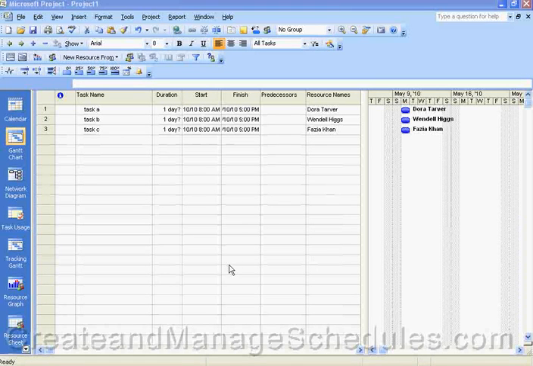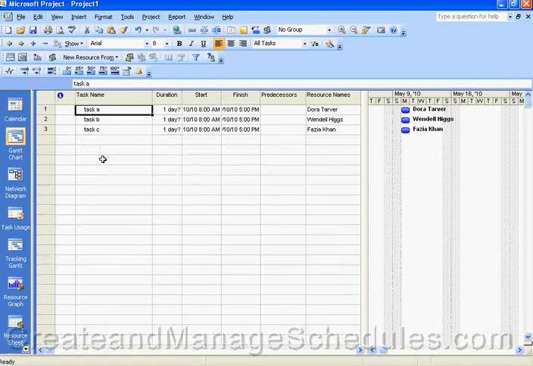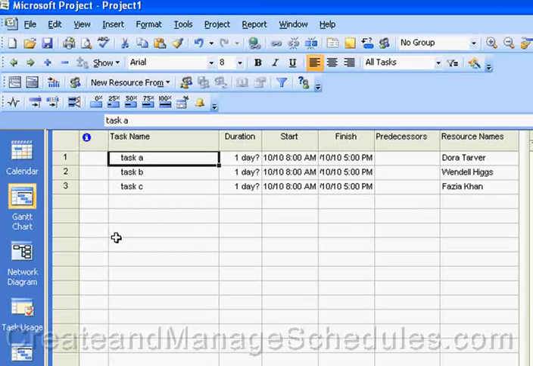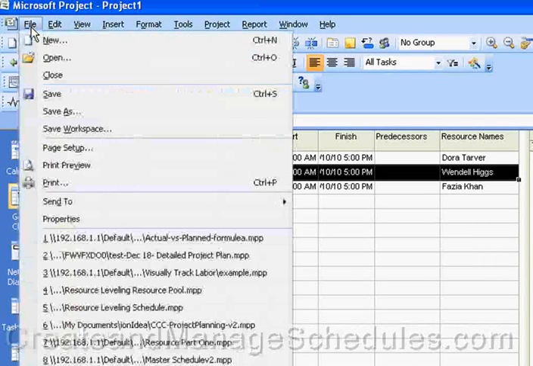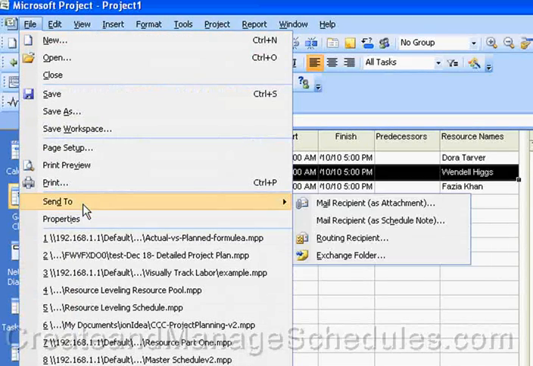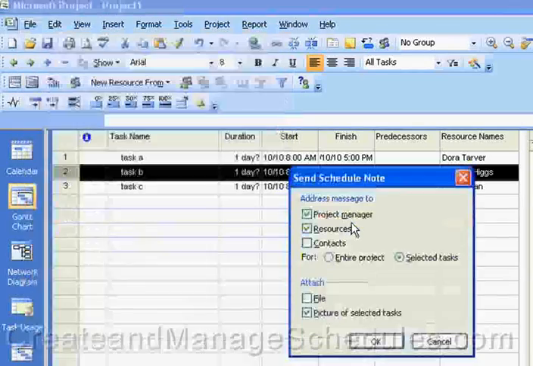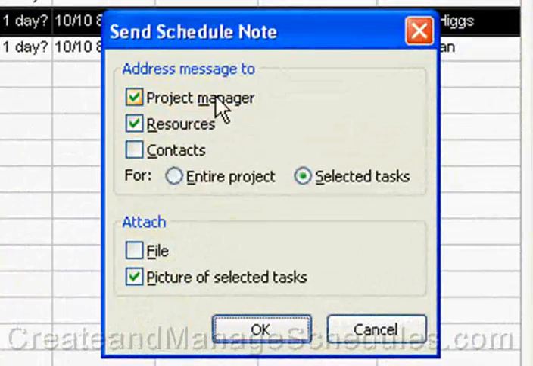Now there's one other opportunity that you have in terms of sending an email, and what I did was I created an example schedule here, and I just typed in task ABC and I put some names in here. What you can do is if you select one or more tasks, you can actually email the specific resource who's working on the tasks by going to the File menu option and selecting Send To, and then select Mail Recipient as schedule note. And when you click on that, then the Send Schedule Note dialog box pops open,